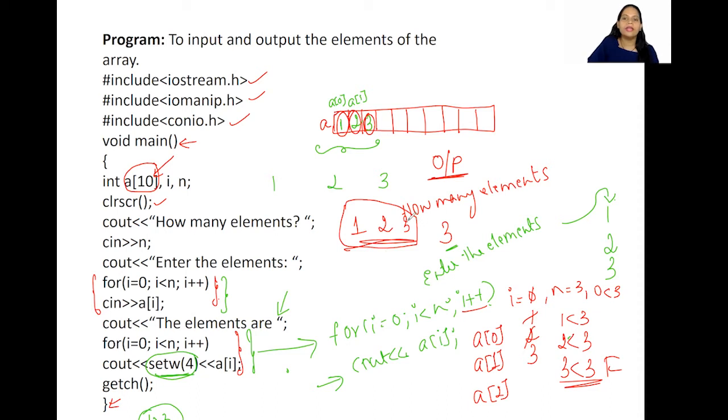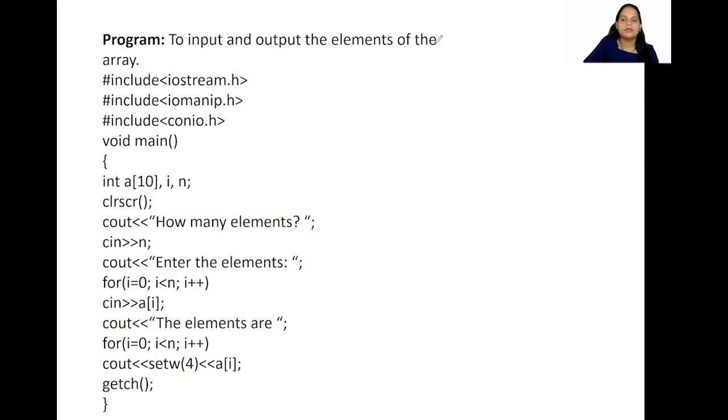So this is how we take input into an array, and this is how we are going to display the values of the array. So here what we have done is when we are doing the input or output, we have visited each variable, isn't it? So this is nothing but traversing. We had to visit each data item in order to display them, isn't it? That is why we use this for loop and we visited each data item and then we use the cout statement and we printed it, isn't it? So this is all about traversing.